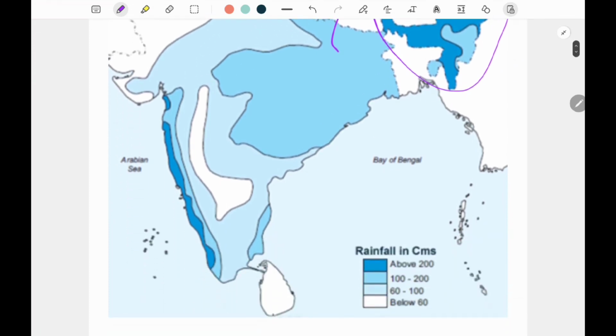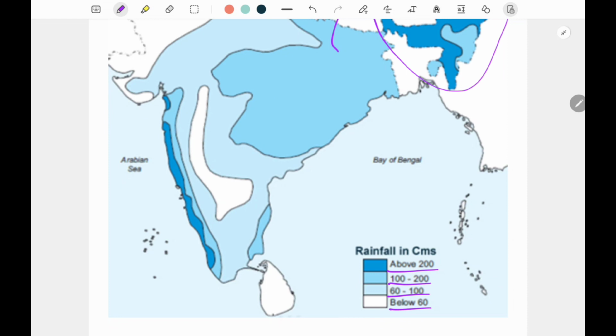There are also certain white patches in between where the rainfall is very scanty or not there at all. Below 60 centimeter is white, 60 to 100 is the light blue, darker blue is 100 to 200, and